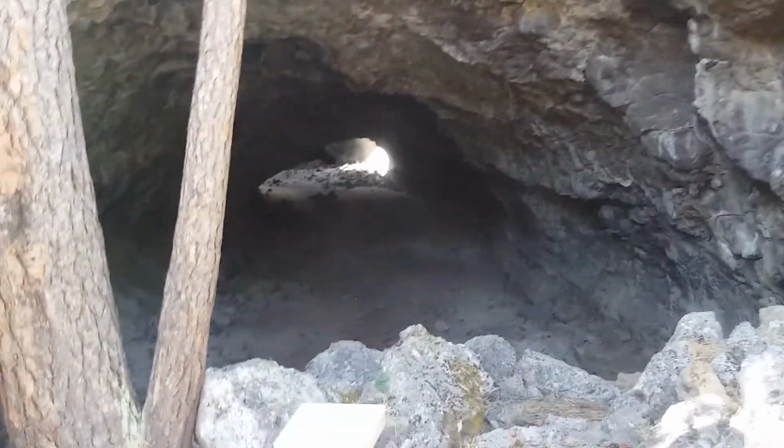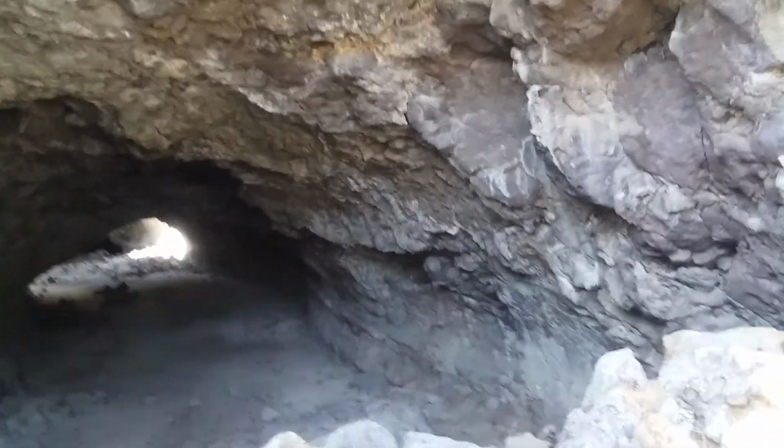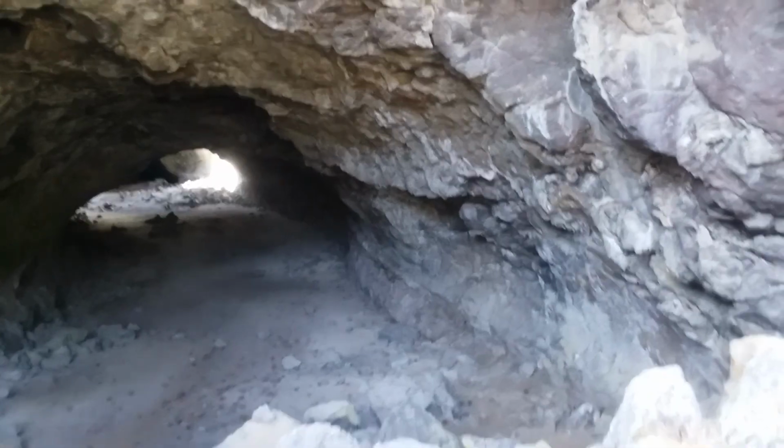It's this really amazing cave out here. They said it's about a quarter mile long, and it's lava formed. So you've got a little trail register you could sign. Now if you're going to be going all the way down to the back end of it, make sure you have good footwear, multiple light sources that are fully charged,